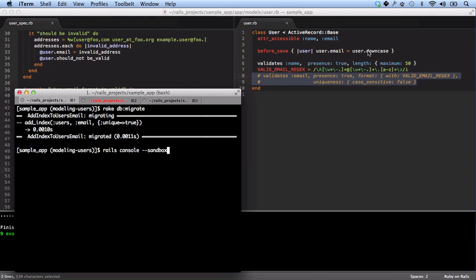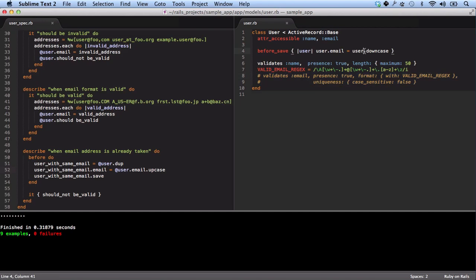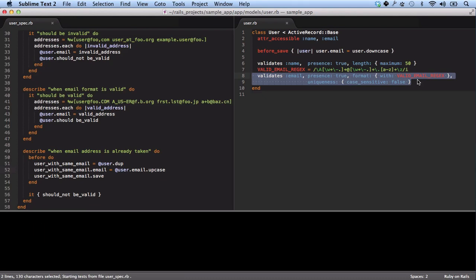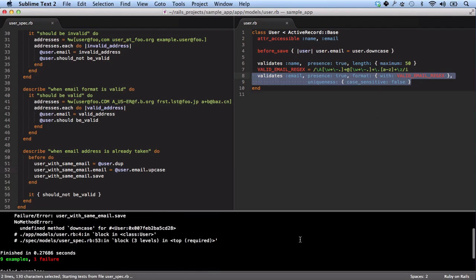Oh, and actually, there's an obvious mistake here. If we run our test, we can see that there's a problem. Let's uncomment this and run these tests. You can see that there are going to be errors: undefined method downcase. It's because this shouldn't be user.downcase, this is user.email.downcase. You might have caught that. I didn't. All right, now let's comment this guy out